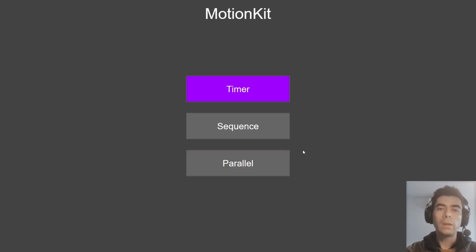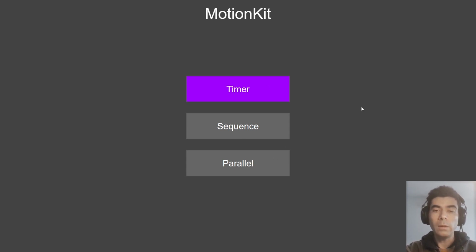And we have also these additional objects. One is the timer. A timer is basically what it is. It's a timer. So what you would expect of this is just a duration, and at the end of that time span, you will trigger an action, right? That's basically the use for the timer.